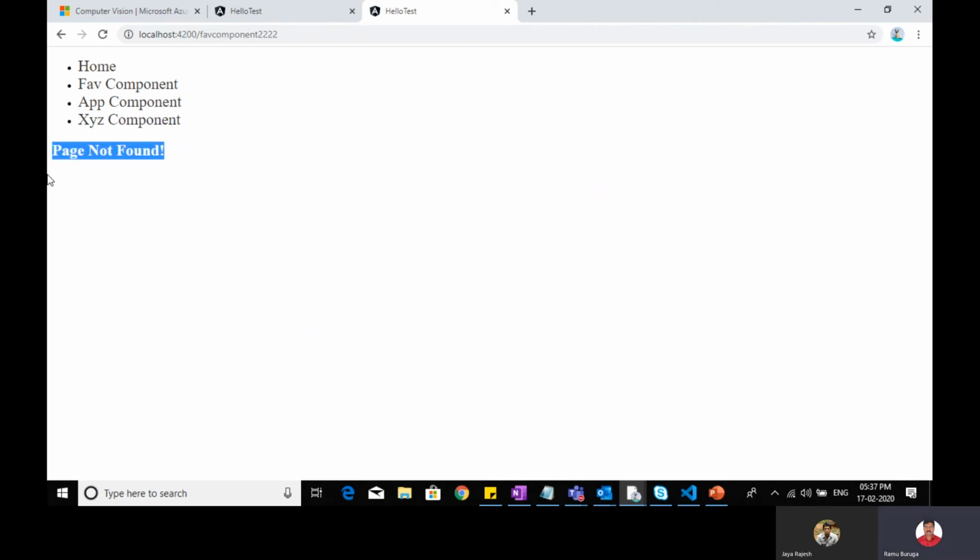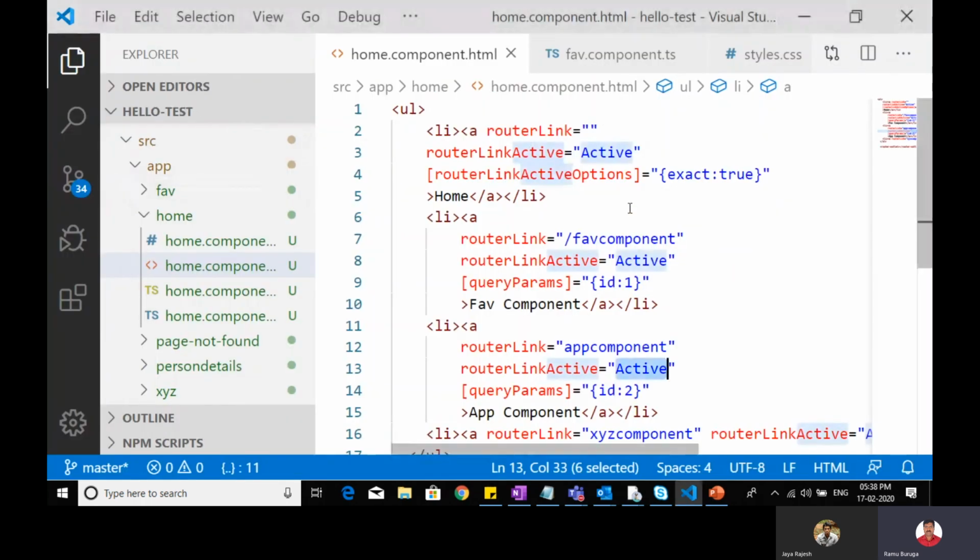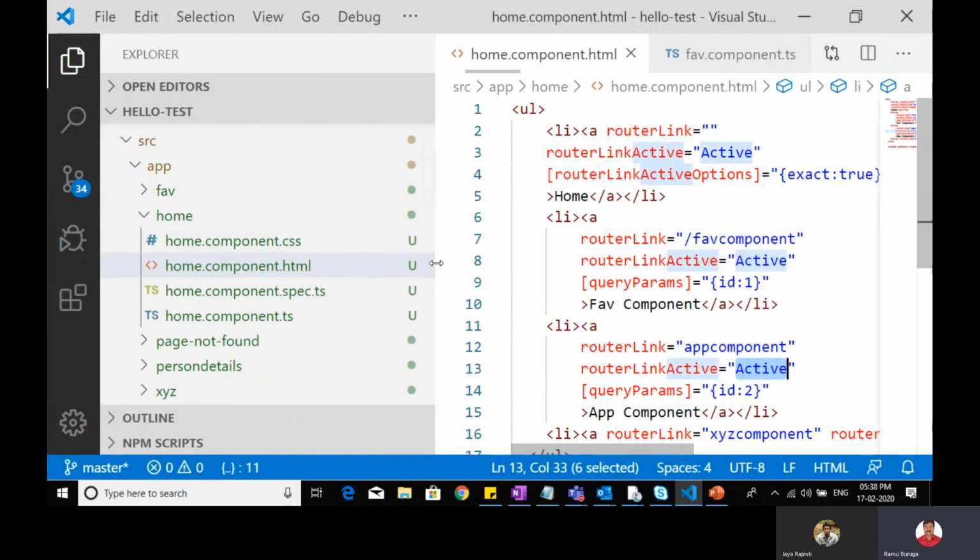If the URL which you type is wrong, then you should show some common message to the end user, like some images, and that one also we can implement by configuring it.